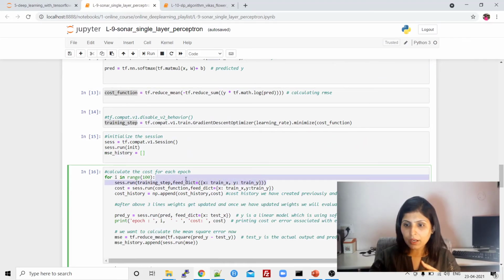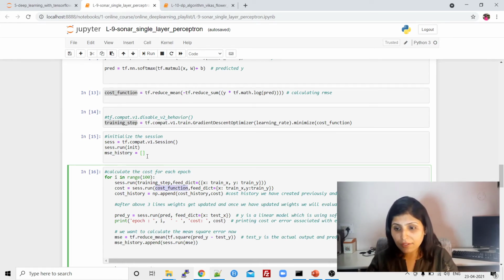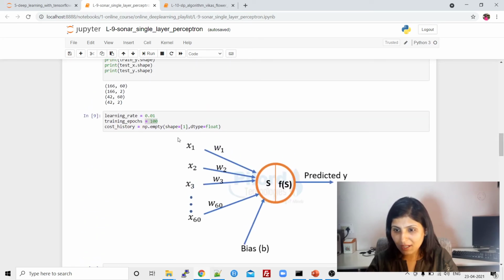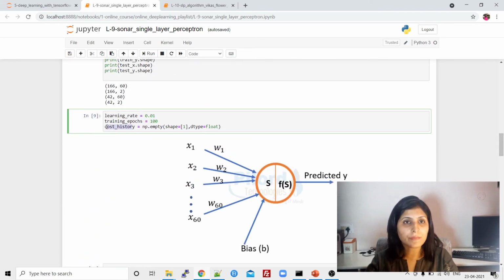So we are training our algorithm. After training, we are calculating the error. How are we calculating the error? By using the cost function which I have explained to you above. After getting the error, we have this list. Where is that list? Cost underscore history, right? So this is a blank list.